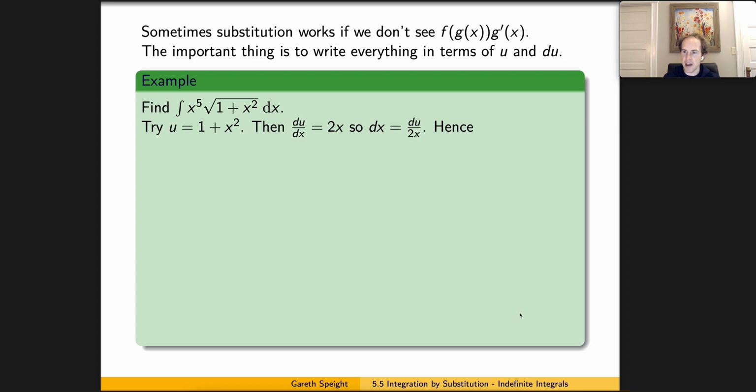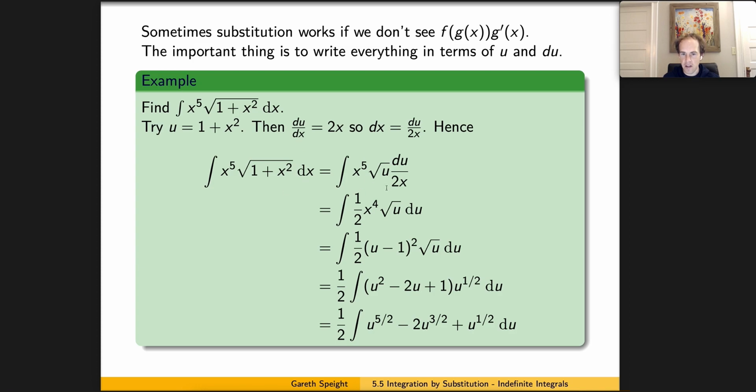So let's go ahead and make the easy substitutions and see where we get to. So we can straight away write square root of 1 plus x squared as square root of u. We can replace dx by du divided by 2x, and then we try to cancel some stuff. Okay, so after we made that easy substitution, square root of u, du divided by 2x, we see that we